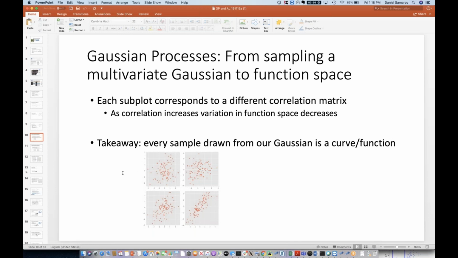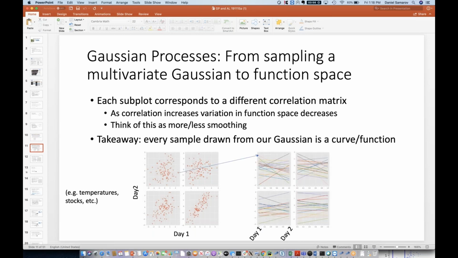Okay, so each one of these is just a 2D Gaussian. So the question is, how do we go from any single point in here to a function? And so this is going to be our first step in building that intuitive building block. Now, the first critical point to really nail home is we need to first assume that